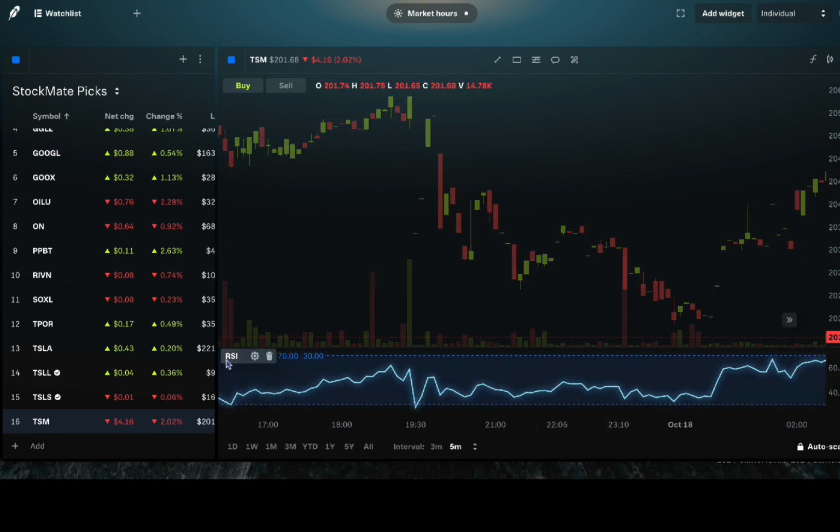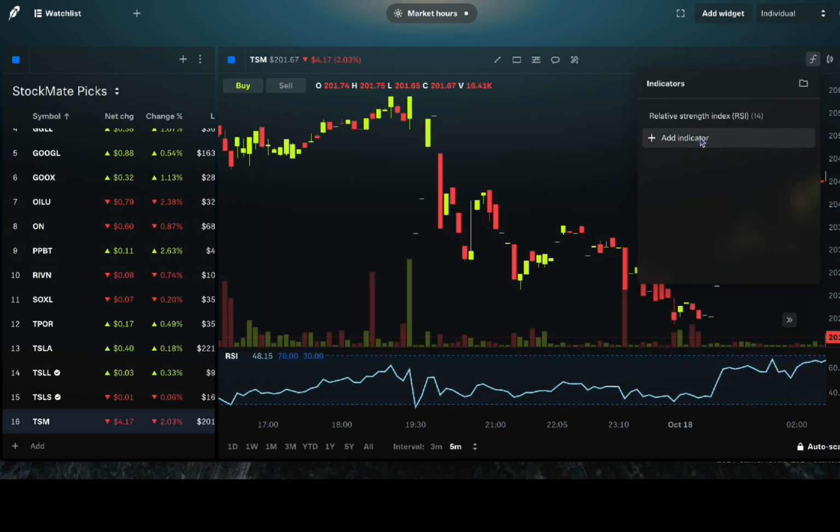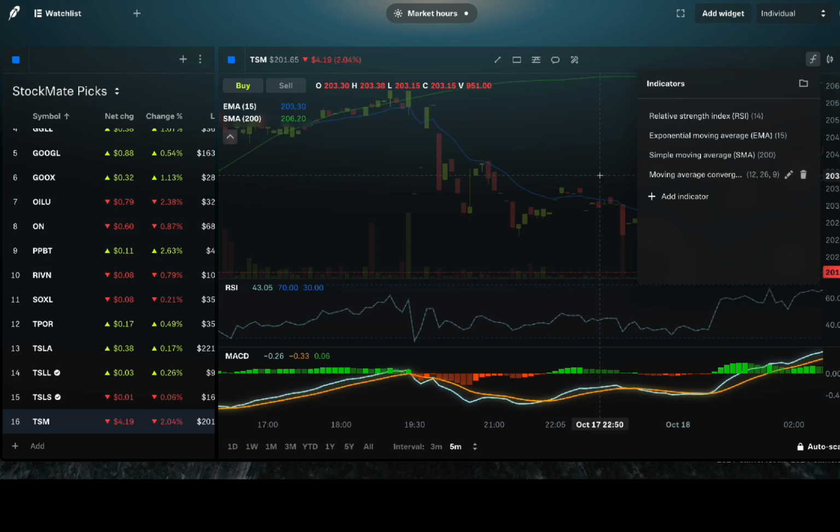Now, if you needed to edit your indicator at all, you can always click here. You can edit the RSI and its settings, and you can also add any other indicators over here on the right side. And of course, if you want, you can even have a template, as I have here. This is my full technical template. It actually shows,